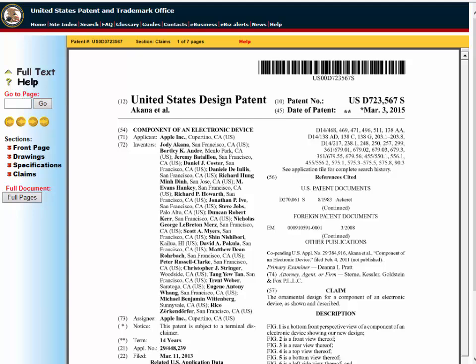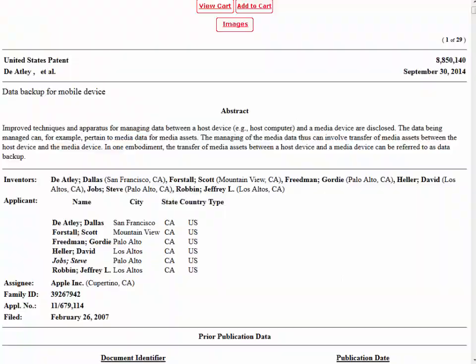You can also get very refined responses, but you have to think through all of the possible places where the words you're searching can be found. In this case, your search would be incomplete if you only looked for Steve Jobs as an applicant, because sometimes he's only listed as an inventor and the company he worked for is the applicant.